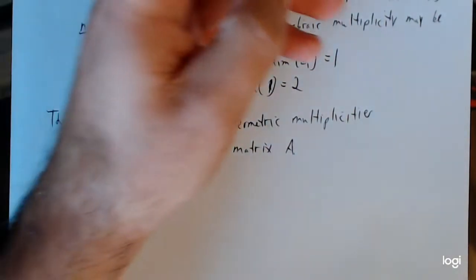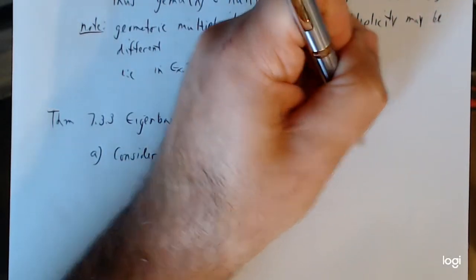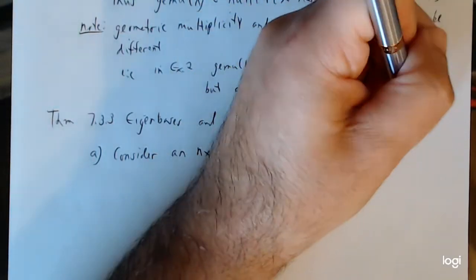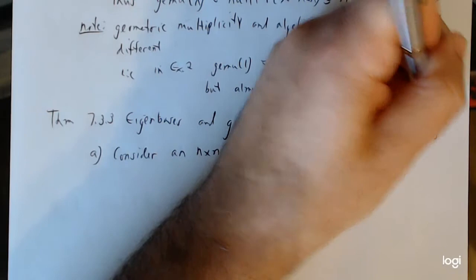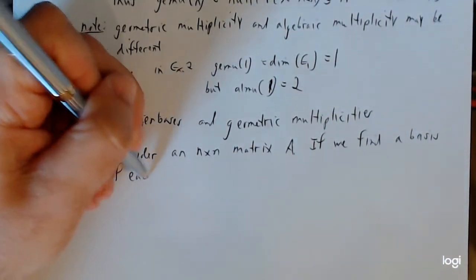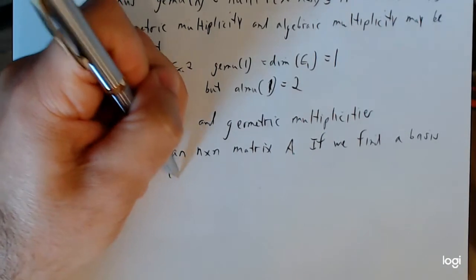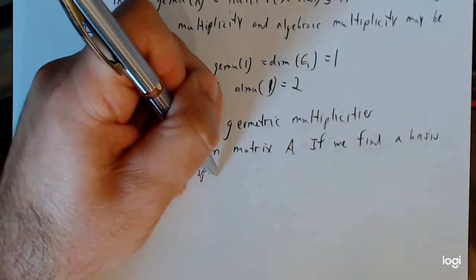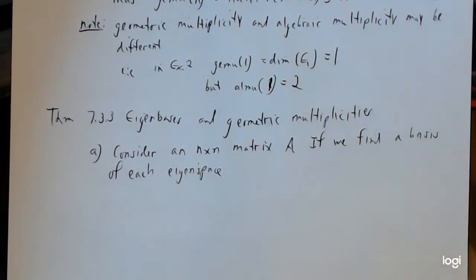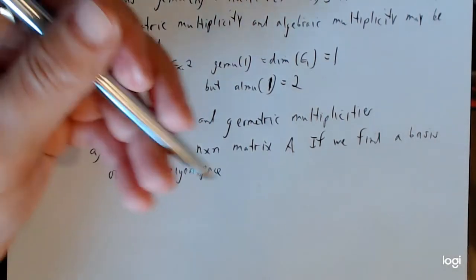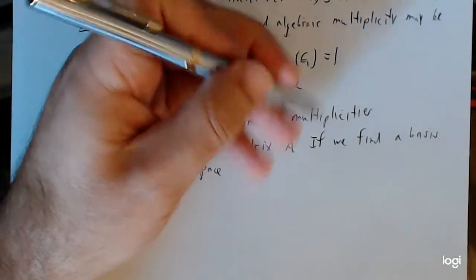Okay, so if we find a basis of each eigenspace, which, if you notice, that's what we did in the first two examples, right? We found each eigenspace, and then we found all the eigenvectors that were linearly independent for that eigenspace. And in our examples, we were able to find only one, but there could be cases where there's more than one, right? And so we would have to find a basis for each eigenspace of A